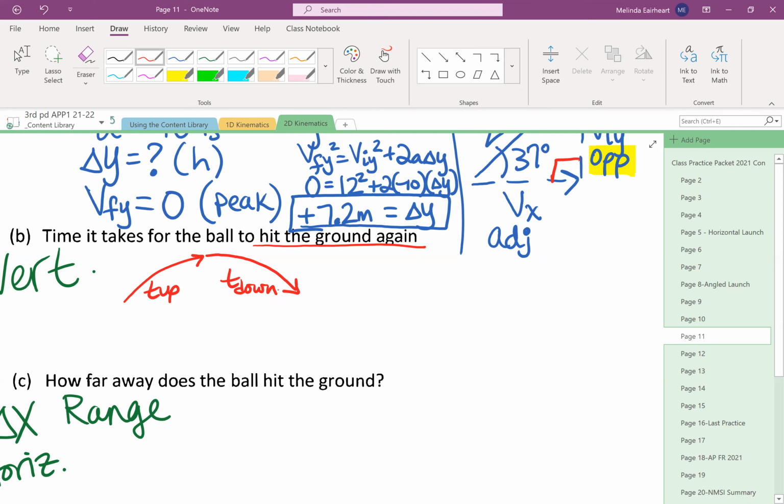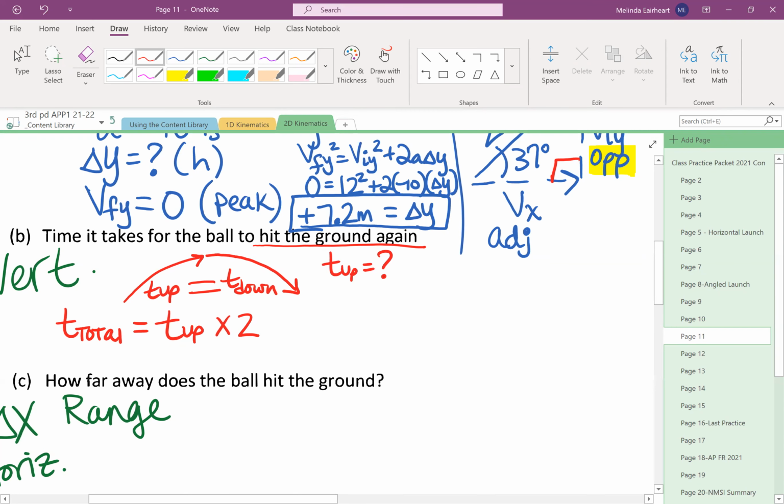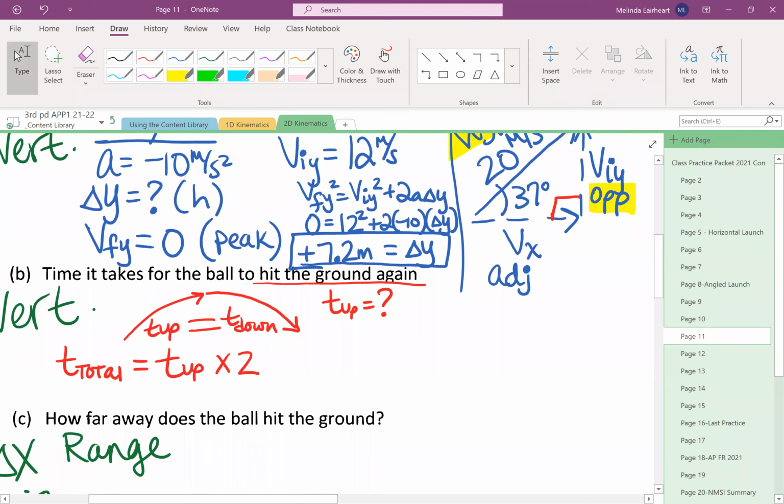If it's symmetrical, they're equal, but they want the total time. They want the time it takes the ball to hit the ground again. One way to solve this problem is to find the time up and then just multiply by 2. We're going to do that, and then I'm going to show you not necessarily a harder way, but a kind of cool way too. Using all that same information up above, we now know both velocities,